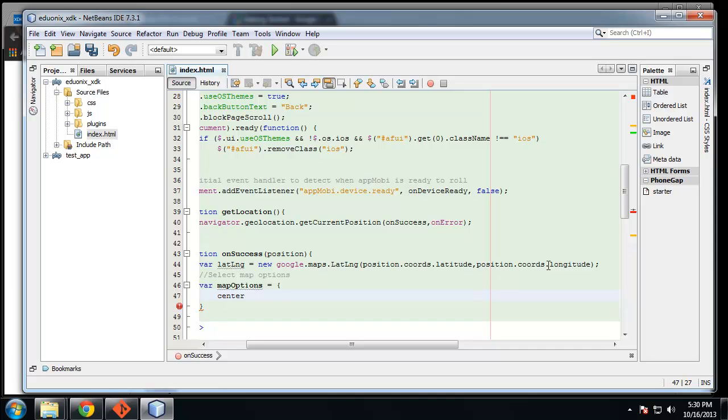The center of the map is going to be our latitude longitude variable, and we want a comma here. Let's actually bring this over. Alright, so center, panControl, we'll say false, and let's see, zoomControl, true,